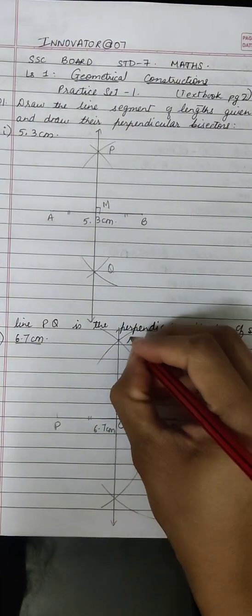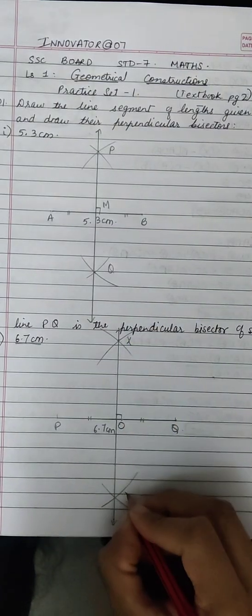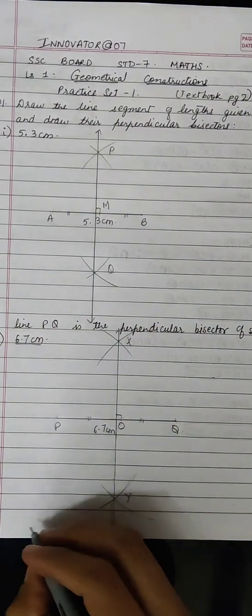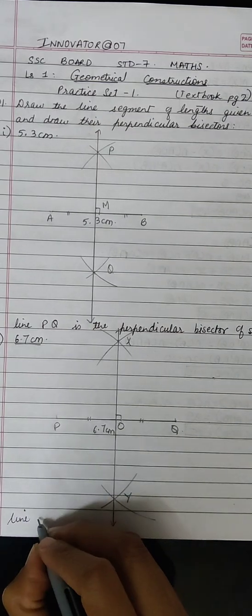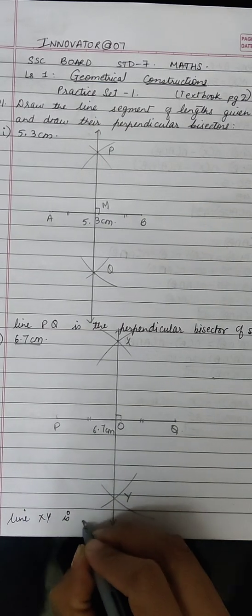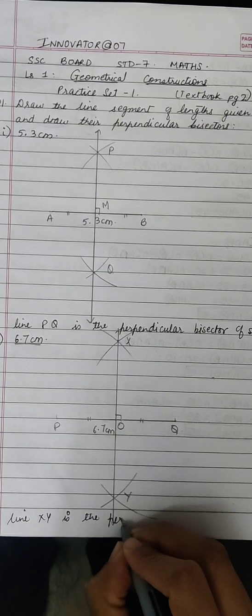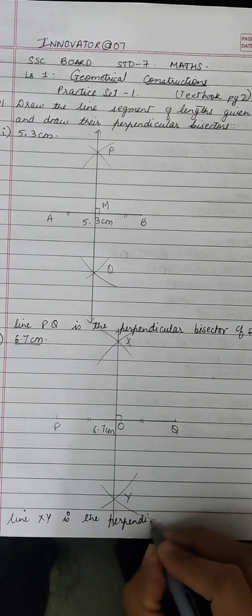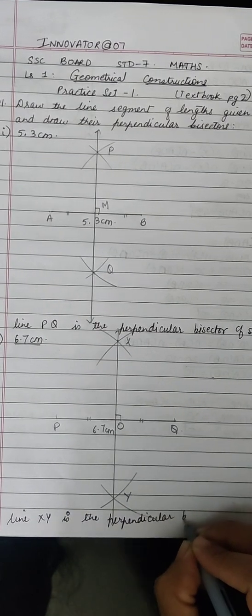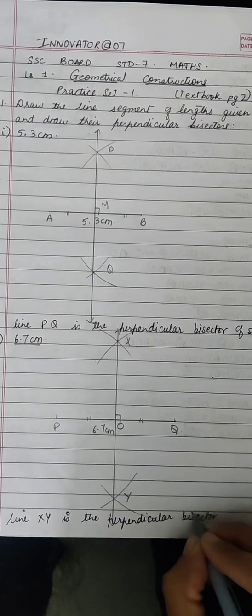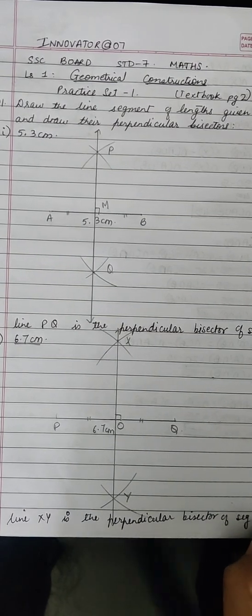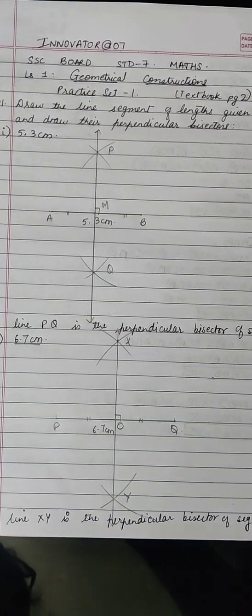So what can I say? Let us name it as XY. So I will say line XY is the perpendicular bisector of seg PQ. So now if you have understood question number 1 and 2, you can draw the third